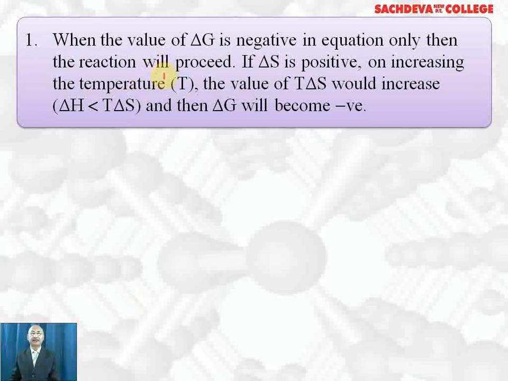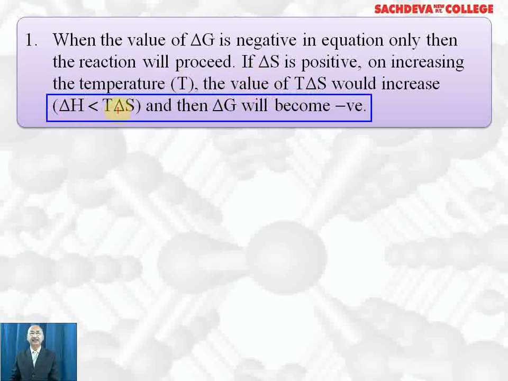So we can very well calculate at what temperature the reaction will take place and at what temperature it will not take place. If delta S is positive, that is, entropy is increasing on increasing temperature, the value of T delta S should increase. That is, delta H should be less than T delta S, so that the negative part is more and